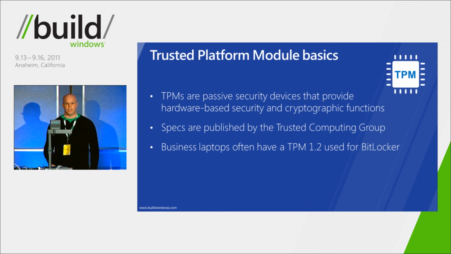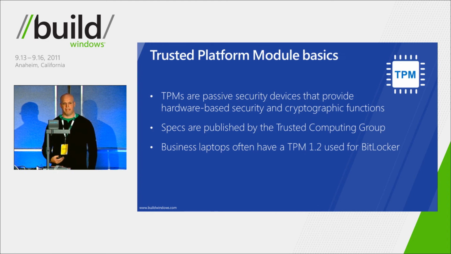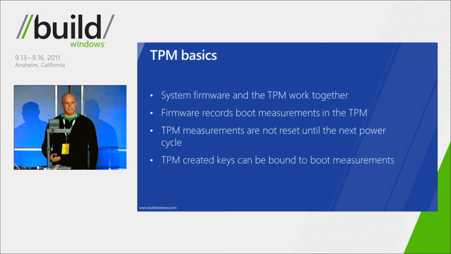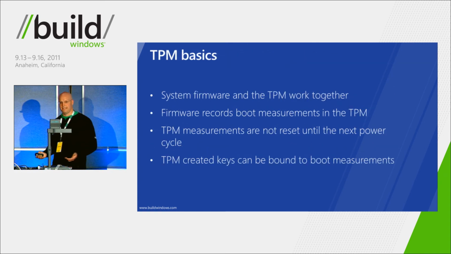And today, you'll generally find business laptops have a TPM 1.2 on them. The TCG is also working on a TPM next specification that's supposed to address some of the shortcomings of TPM 1.2, like the fact that it only supports SHA-1 or RSA algorithms. One of the other things about a TPM is you can't just buy a TPM and place it on a